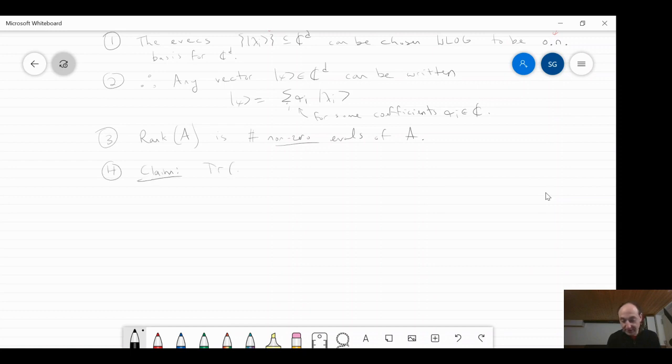If I take the trace of A, it has a very, very nice representation in terms of the eigenvalues of A. It turns out to just be the sum over lambda I, from I equals 1 up to d. And the funny thing is that this is irrespective of the basis in which you choose to write A. So let's prove this claim. I told you there'll be proofs in this course, so let's prove this one.